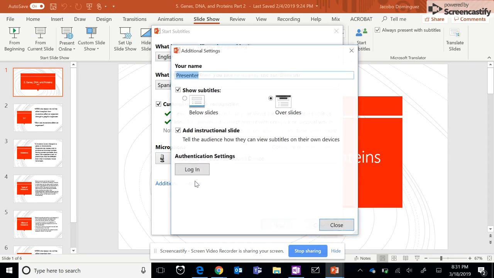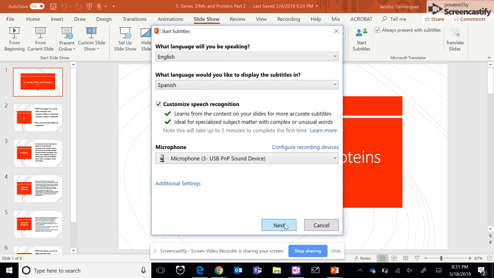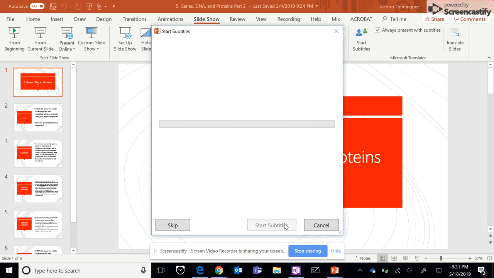There's actually additional settings that I have not clicked on, but it could be above the slides or below the slides. So where do you want to see your closed captioning? Okay, I'm going to close this, and I'm going to click Next. Once I click Next, it will start working its magic of making sure that it actually works with our PowerPoint. It does take a little bit of time to actually get these